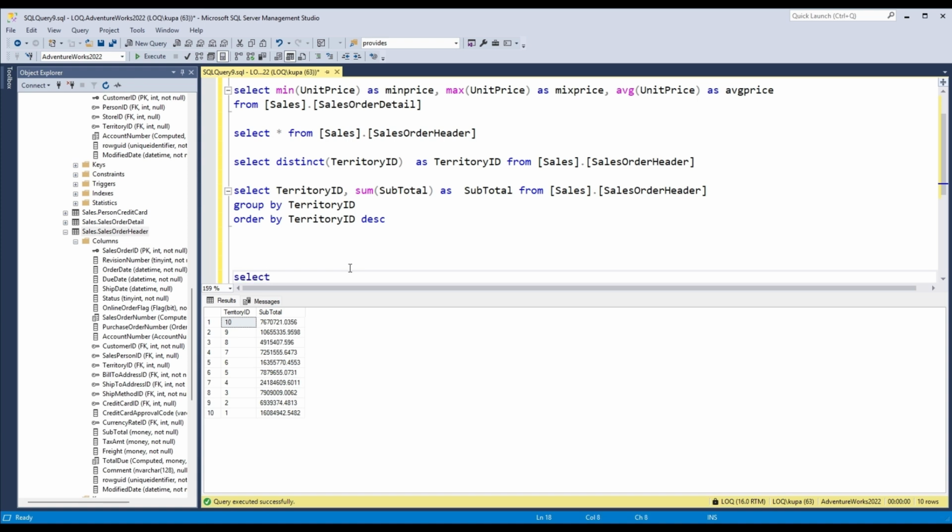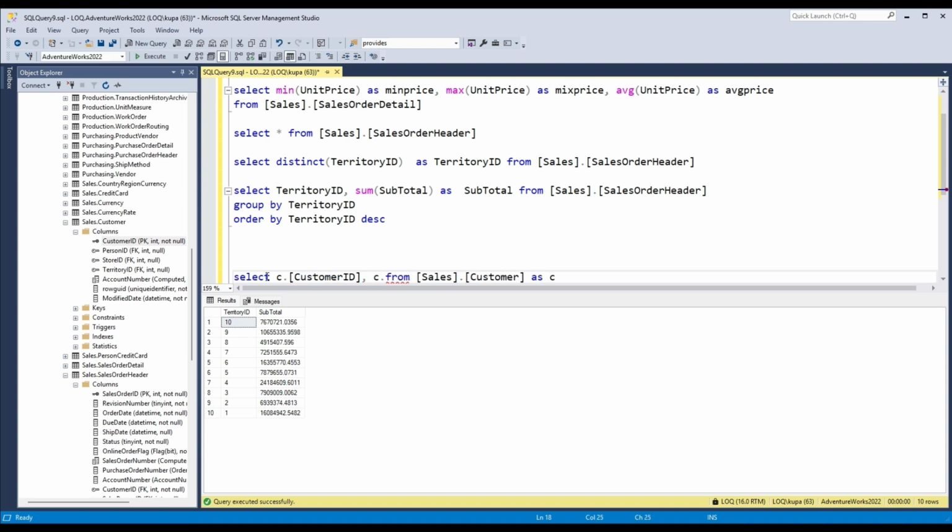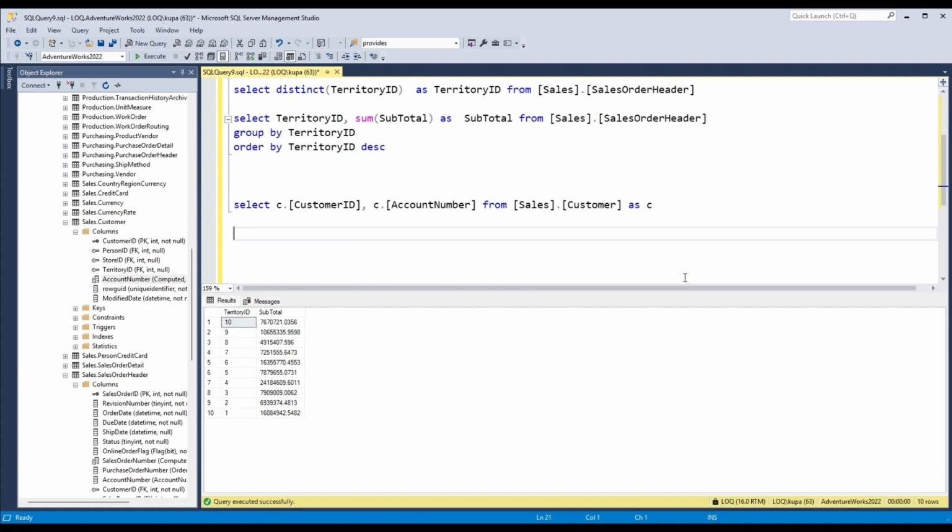Let's select from my customers table, and from my customers, let's call it with an alias of C. From table C, I want to have, let's say, customer ID, and also I want from the C table to have account number. Also, I want to join this table. Let's write left join just for an example